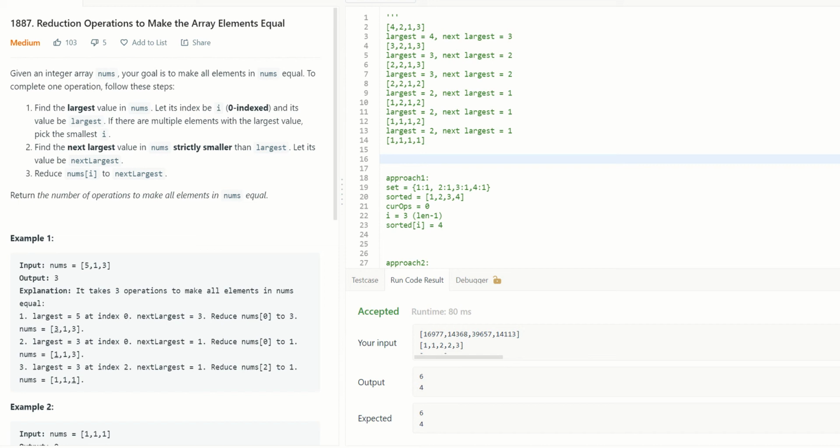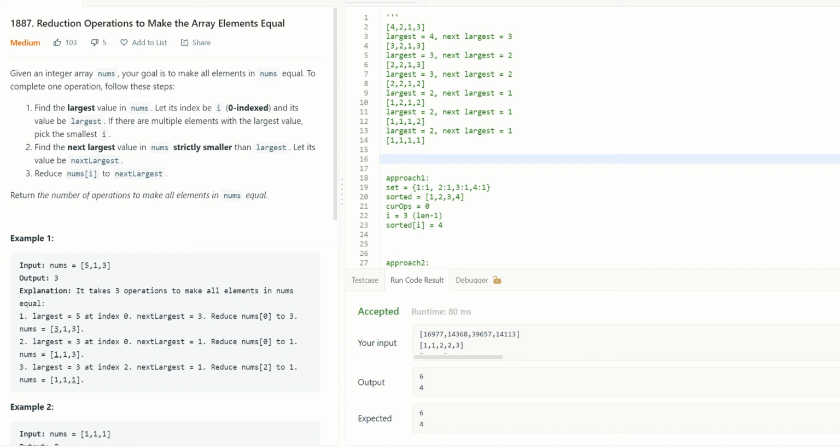And the second step is the next largest value in nums strictly smaller than largest. So if there are multiple largest values, we are not going to select from those, but we are saying strictly smaller than the largest, so it has to be not from the largest pool, basically.